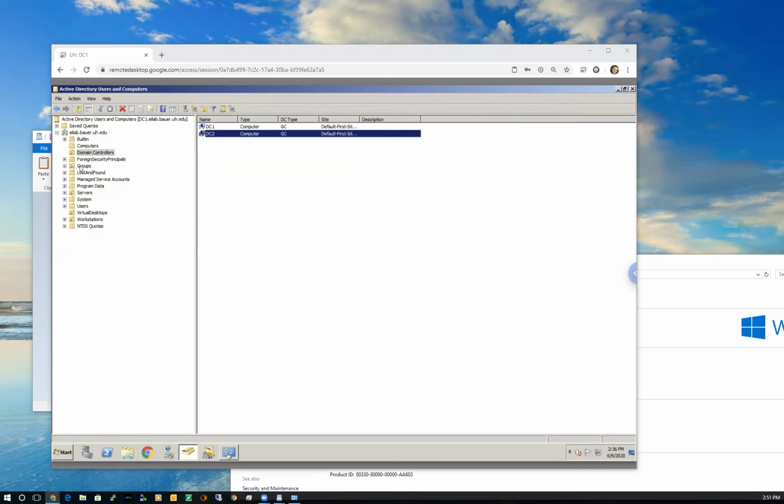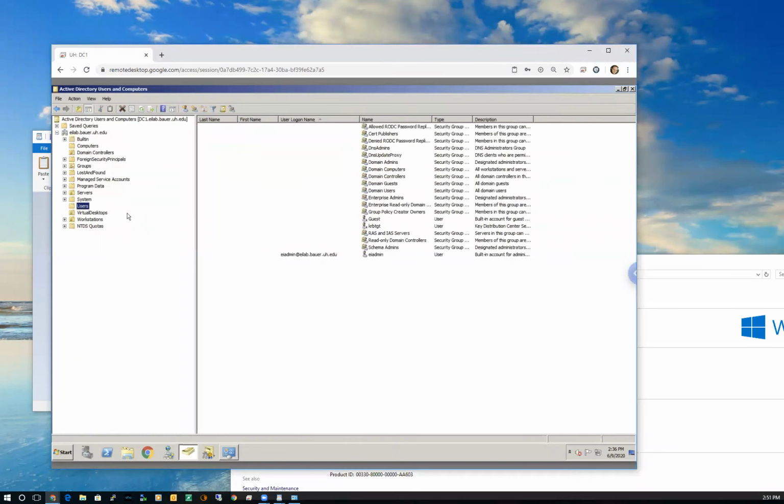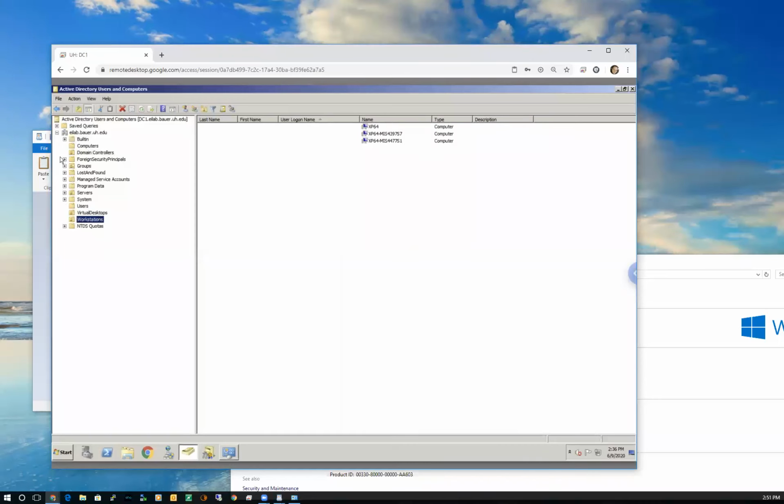Hopefully not. And then I've got down here Users, and this is one place where I would add the names of users on a network. And here I've got another folder called Workstation. Let me just blow all these things up and you can see what some of them are.